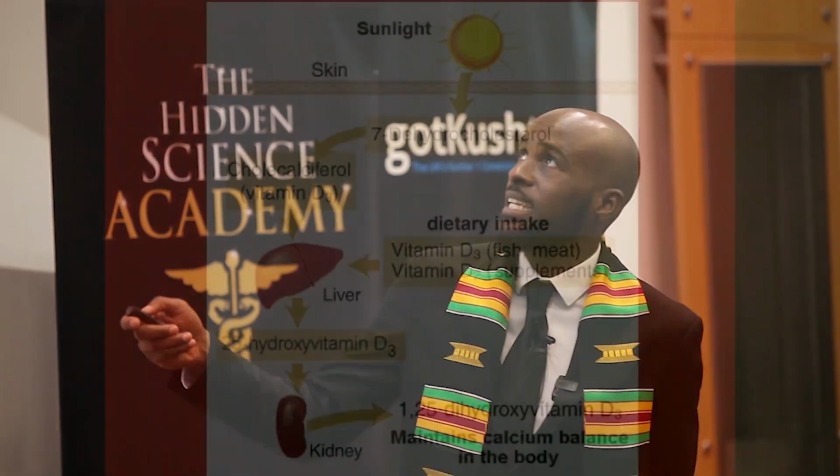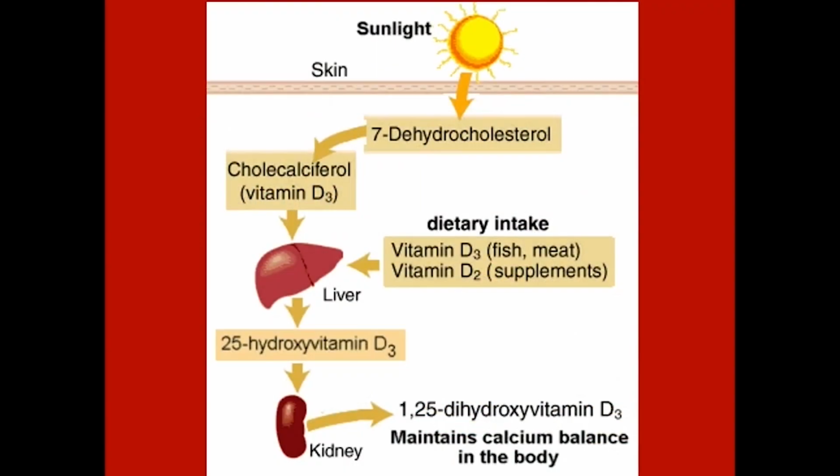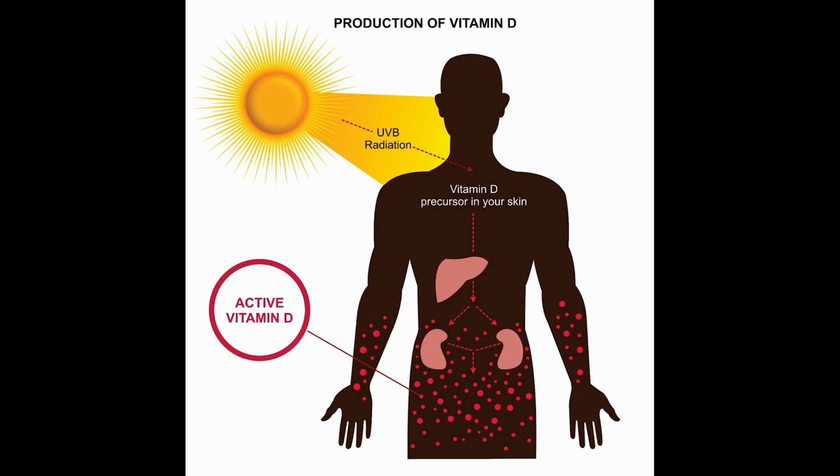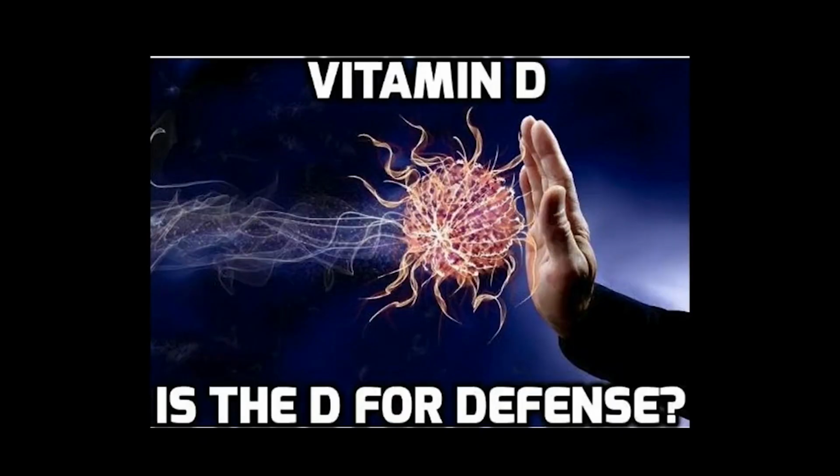to create vitamin D. Because this is the only way your body creates vitamin D. Your skin being exposed to sunlight, and then cholesterol in your skin gets converted into the precursor of vitamin D, which goes through your liver and kidneys, and then your kidneys produce the vitamin D that your body needs. Now, vitamin D is so powerful. It literally protects us from everything, yeah? To the point where I've started to tell children that the D stands for defense. It defends us against pretty much every disease out there, yeah?